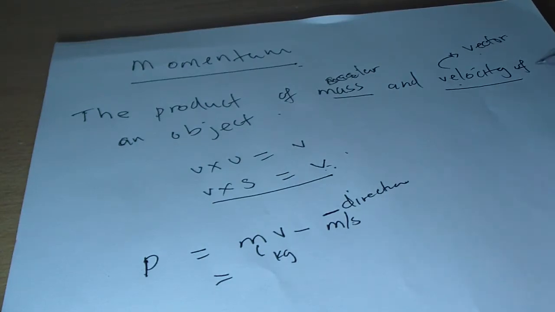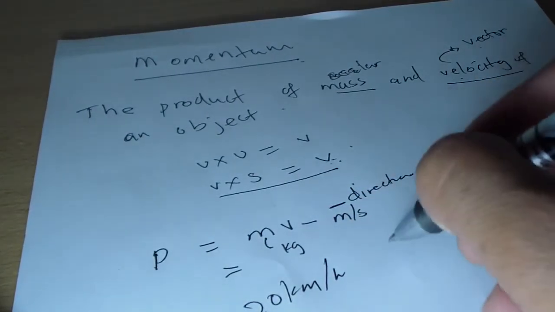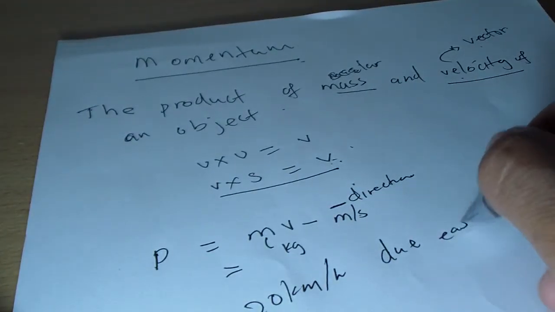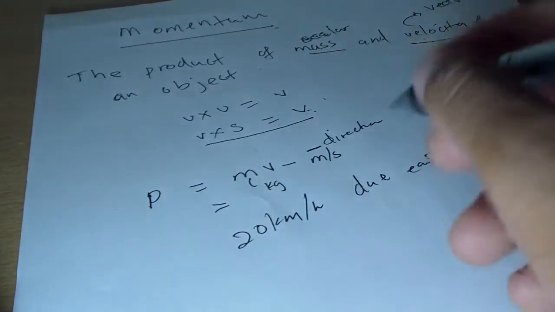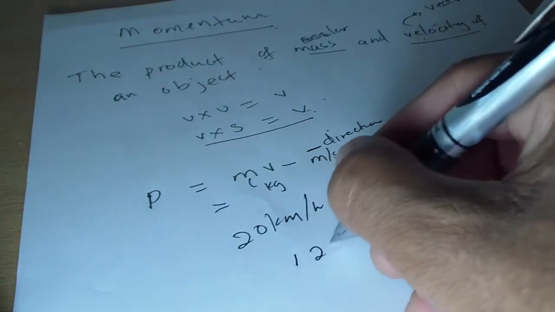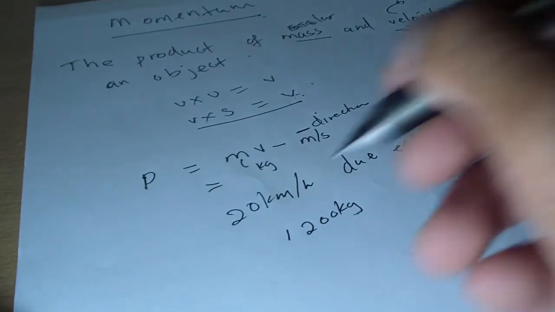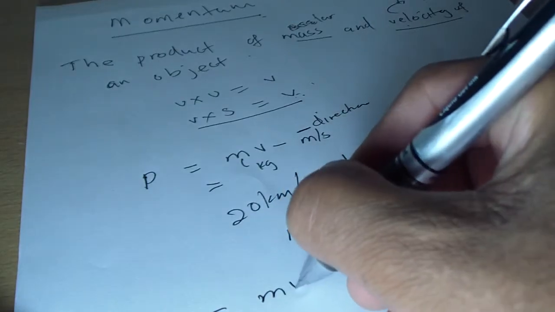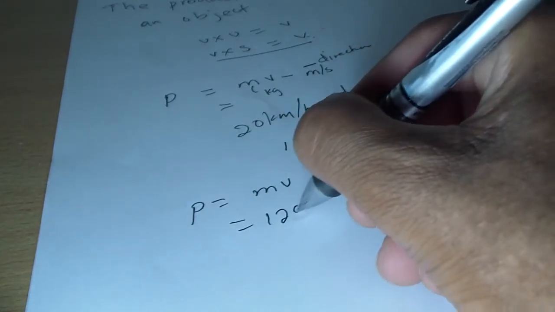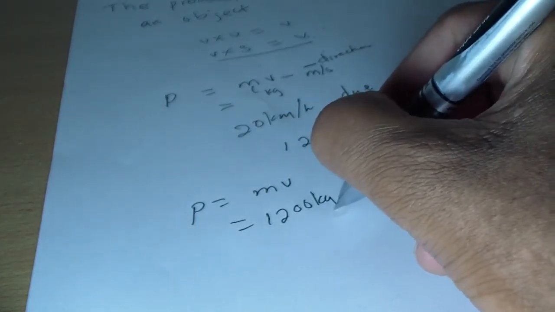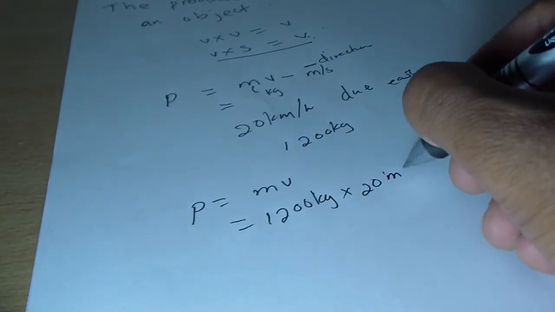So let's just assume that a certain car is moving at 20 kilometers per hour east. So let's assume that this car has a mass of 1,200 kgs. So we can calculate the momentum of this car. p is equal to mv. Okay, mass of the object 1200 kgs times the velocity is given as 20 kilometers